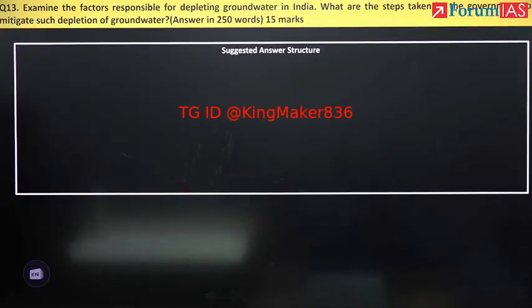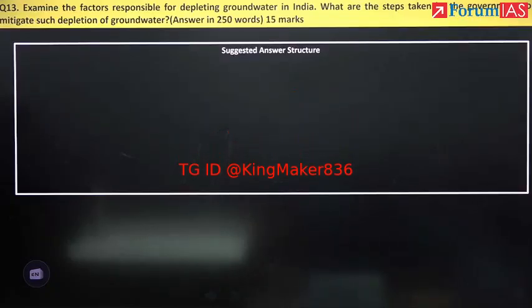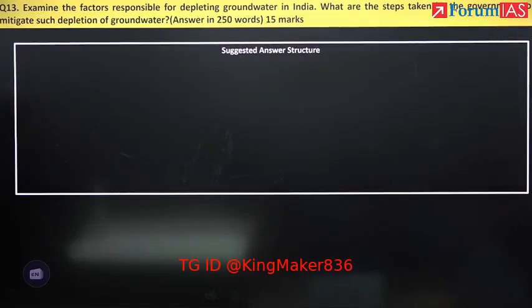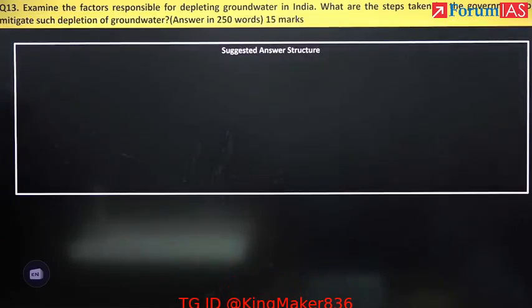How many of your answers are pending with me? I have already given feedback to some of the answers. People have sent it to me either on WhatsApp or mail, but how many of your answers are pending with me? No one? All of you got feedback? Your answer is pending? Did you send it to me? How can it be pending if you didn't send it? No, I'm asking how many of your answers are pending from my side. Okay?